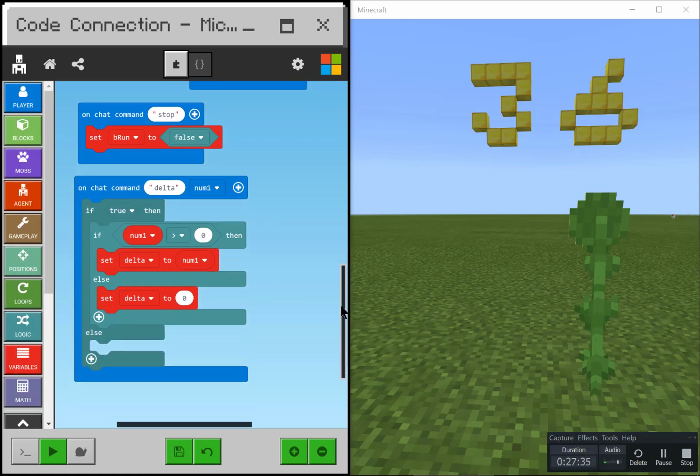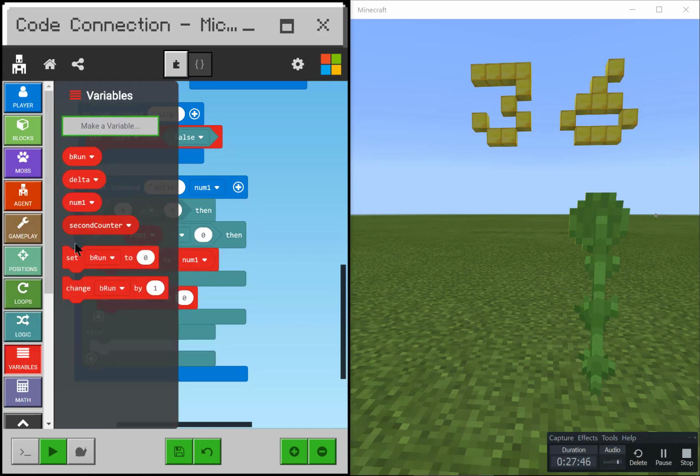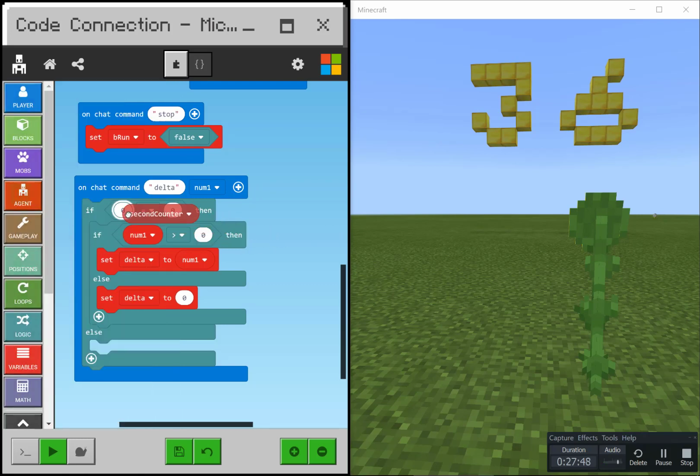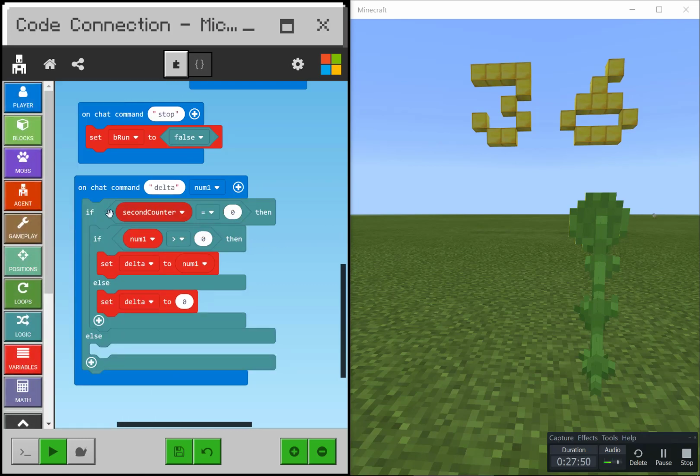And if second counter is equal to 0, we will reset delta to whatever num1 specified. But if it's not 0,